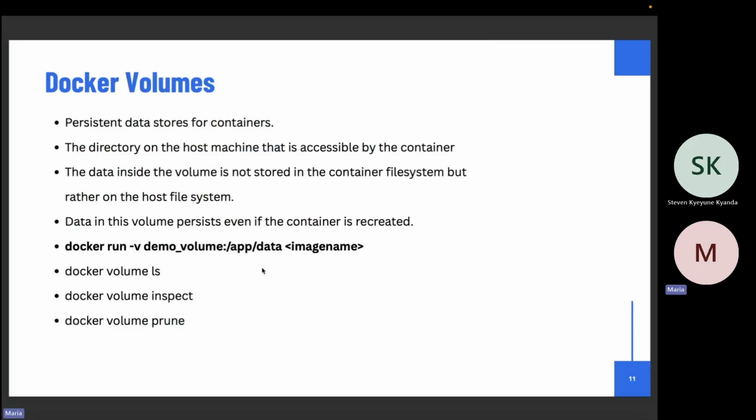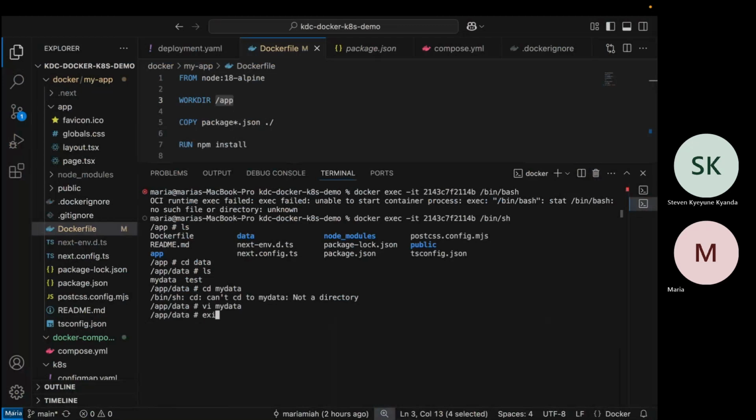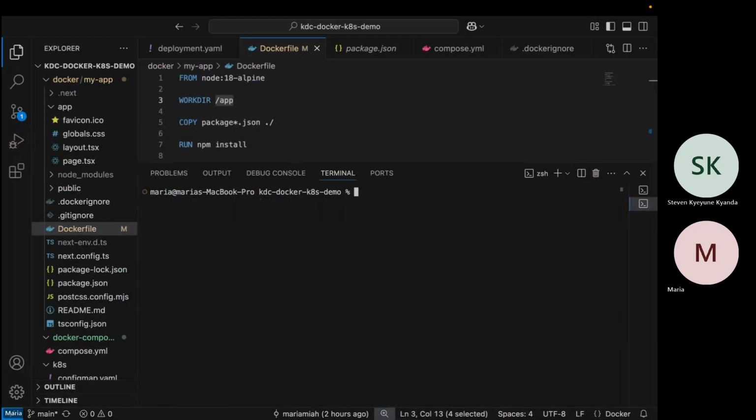Okay, you can also create a volume on your own. The command for creating a volume is docker volume create, then the volume name. Docker volume list lists the available volumes.